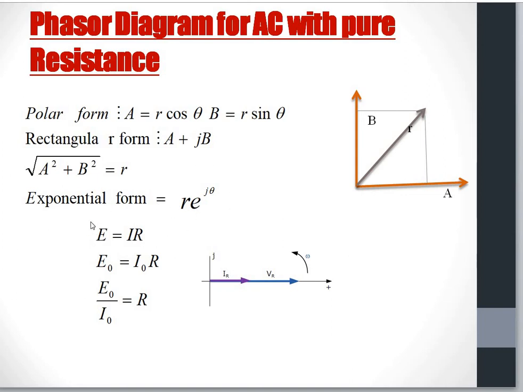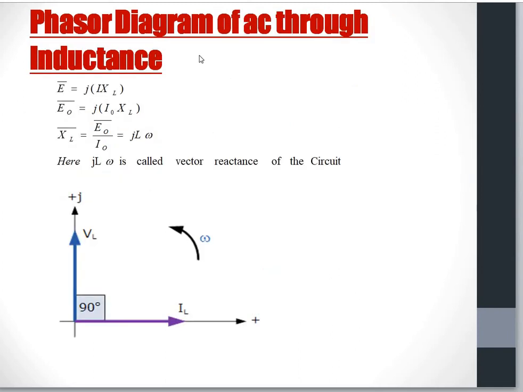So in the case of a pure resistive circuit, E is equal to IR. E0 is equal to I0 into R. So E0 by I0 is R. This is current and this is voltage. They are in phase. In the case of a pure resistive circuit, they are in phase, and R is a real quantity. So this is the phasor diagram for